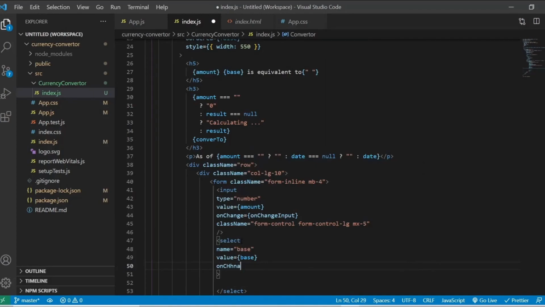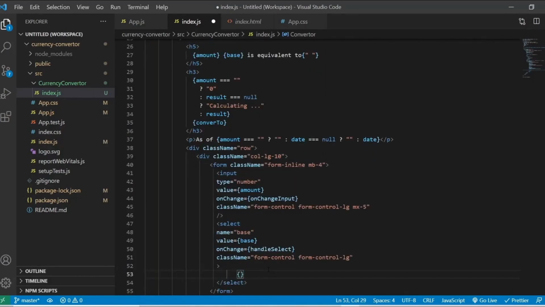On change, I am giving the onChange here, and the helper method will be handleSelect, and we need to provide the class name as well, Bootstrap class name. So form-control-lg,